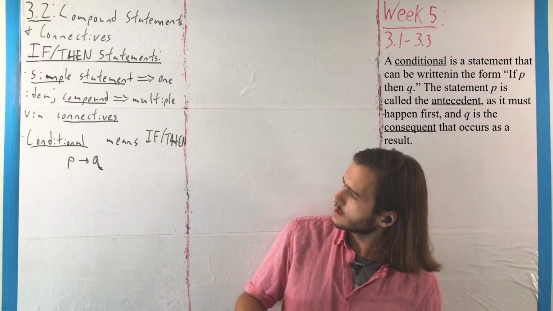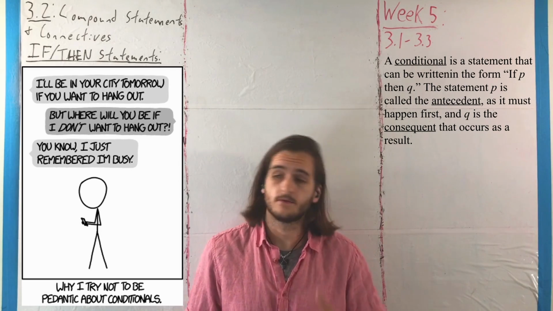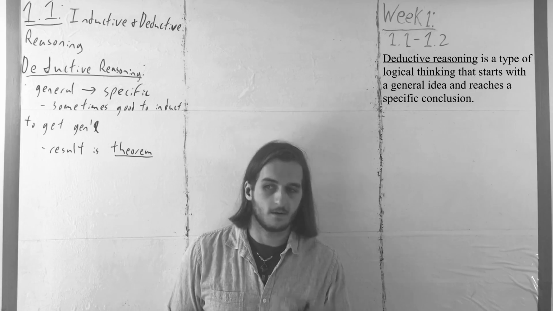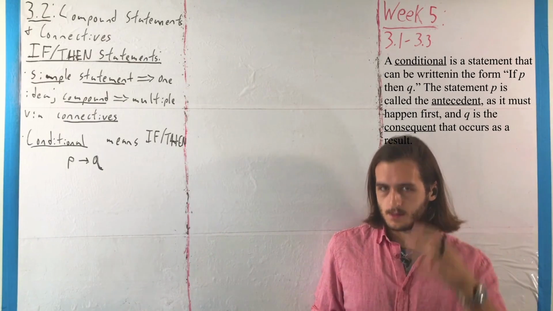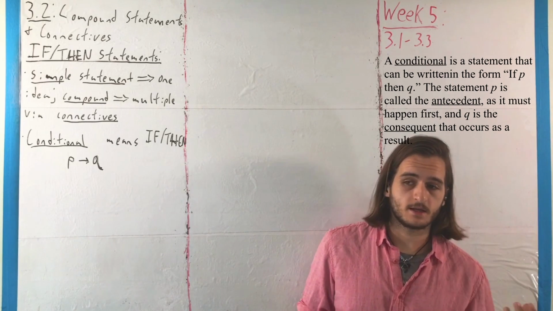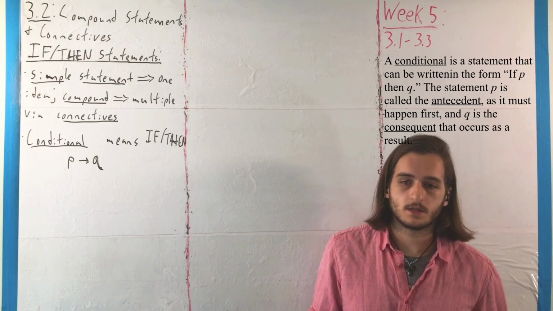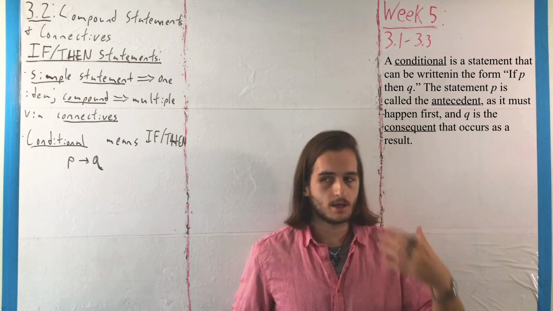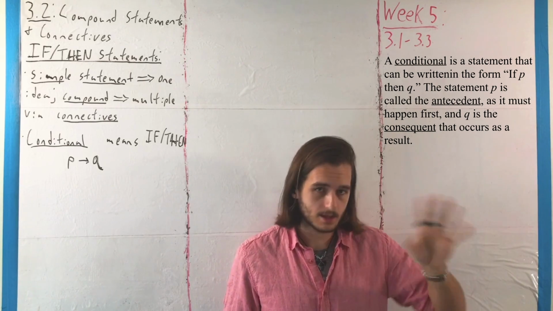So our conditional statements are statements of the form if-then. These are also the statements that get used the most often for theorems, to talk back to things we saw back in chapter 1, where we have something of the form if statement, then statement, which can also be read as all of the second statement are the first statement, or things that are not the second statement are also not the first statement. And that gets towards an idea of how we negate a conditional statement, but again, that's coming